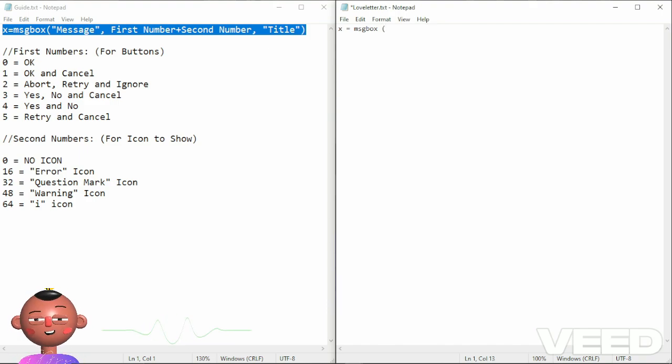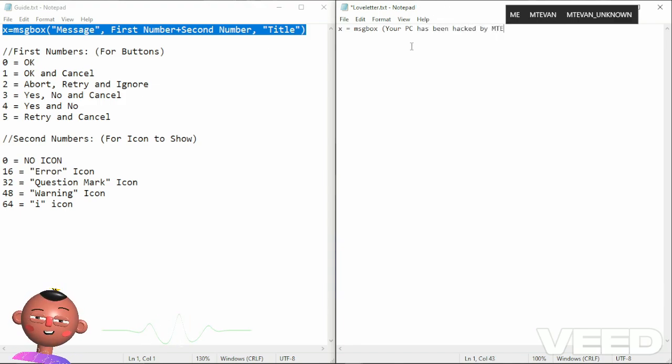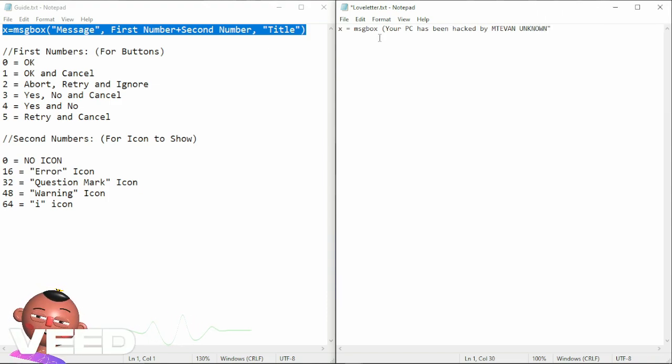or you can just copy and paste from the description the message you want to show your friend. Your PC has been hacked by MTEvan Unknown. I'm just using my name. You can write anything you want to show. Don't forget to do that inside of the inverted commas,